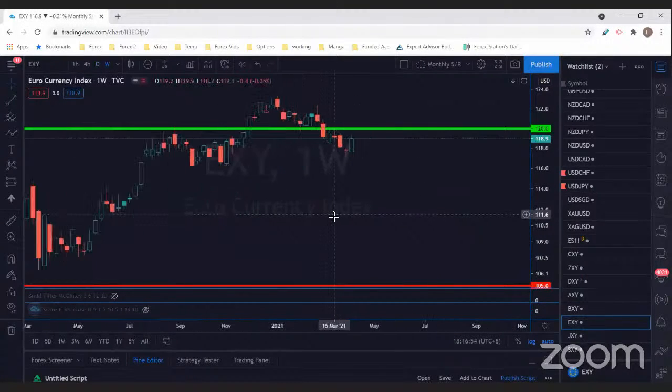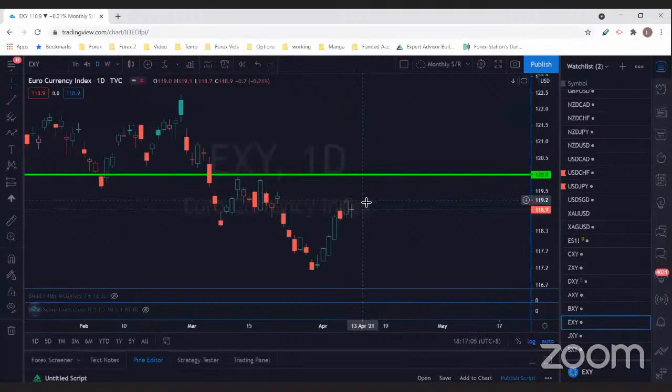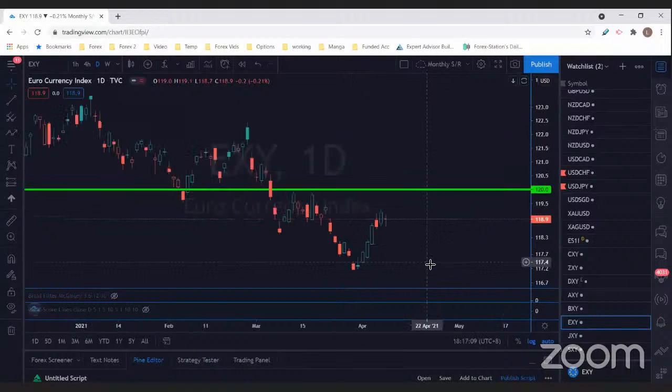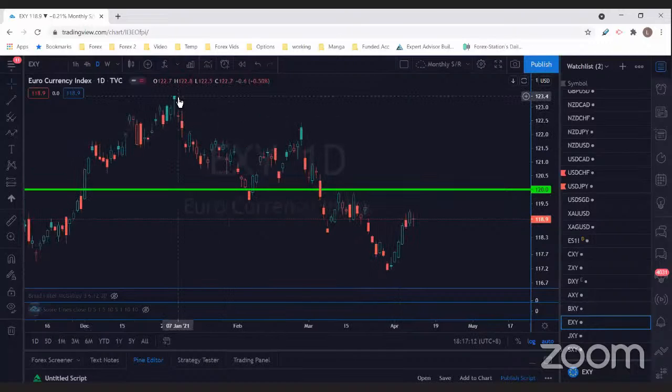Now, euro on the weekly chart. I'm still waiting for price to actually retest 120. Once it's done that, it might be a shy of 120. Basically, I'm just waiting for a lower high, and then I'm prepared to actually trade this low. You can see this is so far pretty consistent. This is the peak, lower high, and then lower high. I'm just pending a price action to confirm, and then I will be trading this